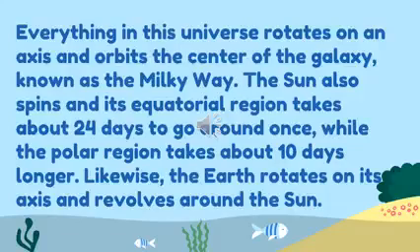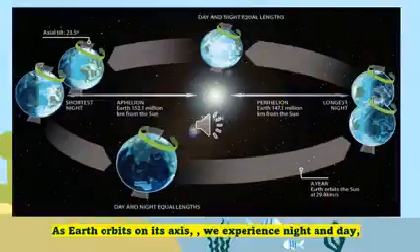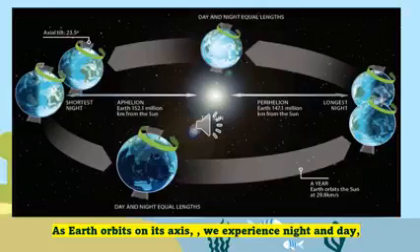Likewise, the Earth rotates on its axis and revolves around the sun. As you can see in this chart, the Earth orbits on its axis. We experience night and day,